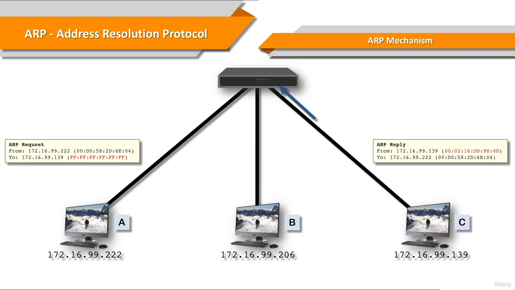with an ARP reply. In other words, computer A says, who has the MAC address of computer C? And although all the workstations hear the question, only C replies and says, I've got the MAC address of computer C, and this is what it is. So the ARP reply sends back the MAC address to computer A, and each of these machines start building an